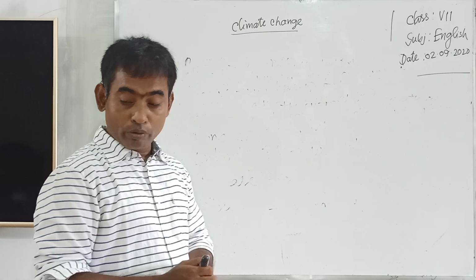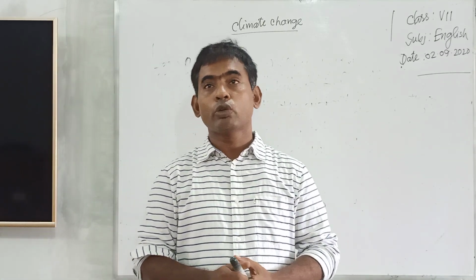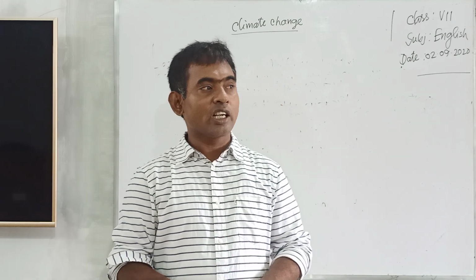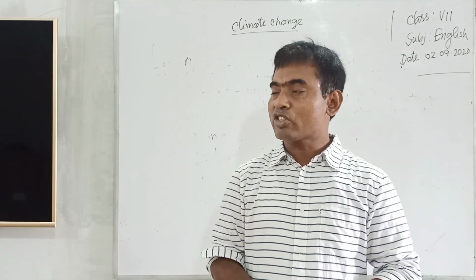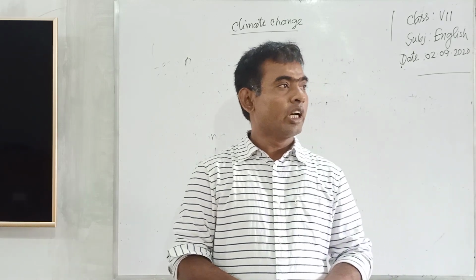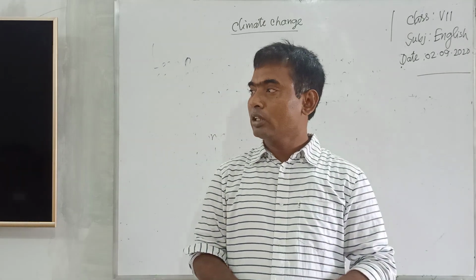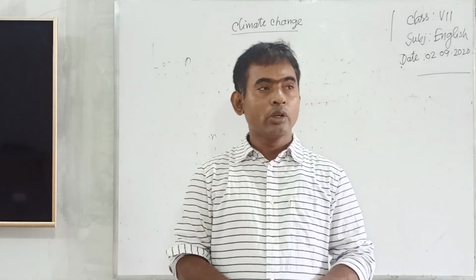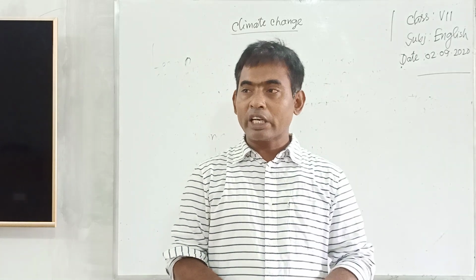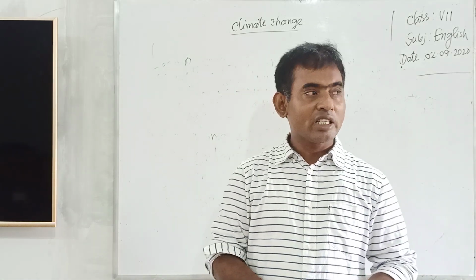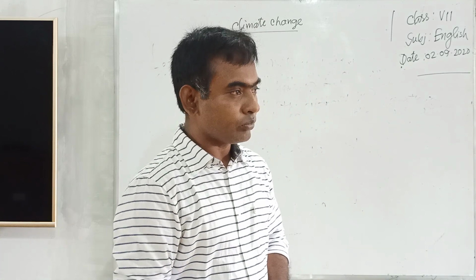So I would like to mention some topics to why our planet is dangerous. We know today's world is an industrial based world, and many mills and factories are built here and there, and they need energy. How can we produce energy? Energy can be produced by burning coal, natural gas. So naturally, carbon dioxide is emitted in the atmosphere.